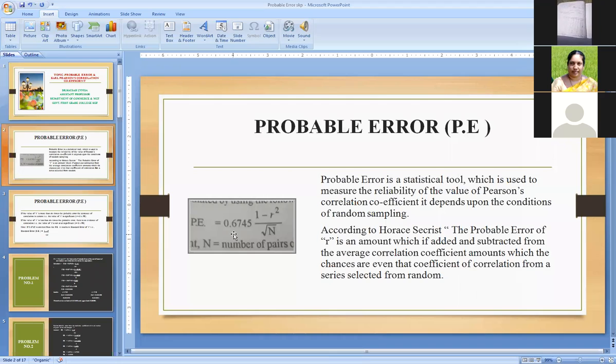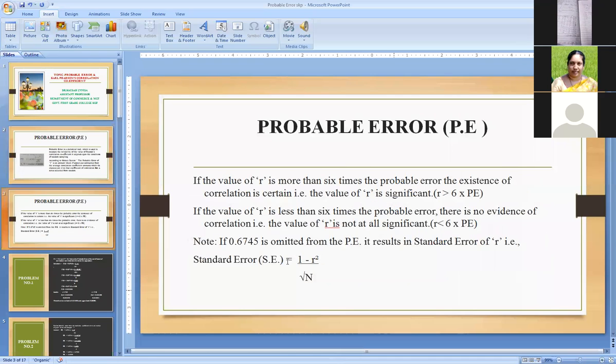So here, 0.6745 into 1 minus r square, where r is the correlation coefficient whose value we have already calculated, divided by square root of n. So this is the formula that we have to use. And you should always remember, when you calculate this probable error, if the value of r, the correlation coefficient, is more than 6 times the probable error, that is 6 PE,